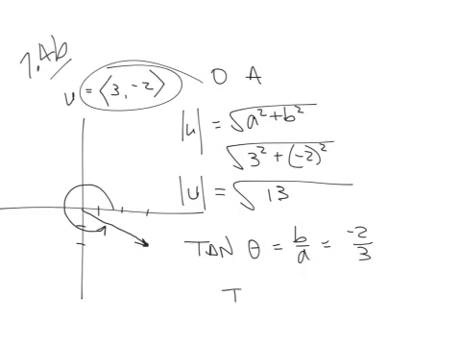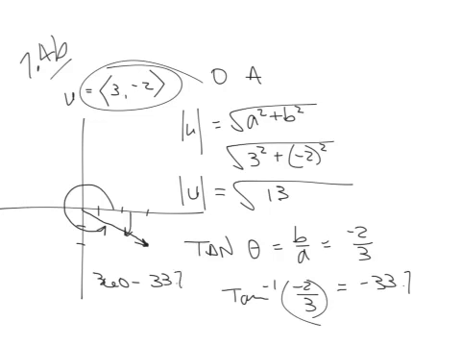So the arctan of -2/3 is going to give me -33.7. So that's this point right there. So I'm going to have to take 360 minus 33.7 in order to get this angle right there, and in this case it'll be